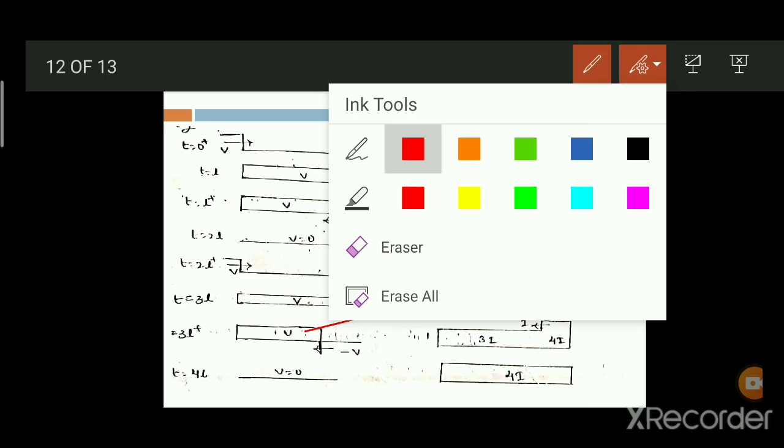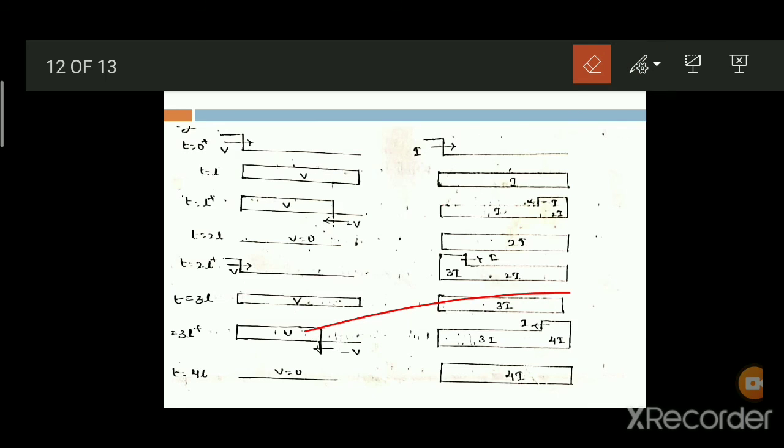This is the resistance of that transmission line. Then at t is equal to 0, the voltage is V and the current is I. After t is equal to L, V and I travel on. After a long time, V is equal to 0 and the current I is equal to 4I.